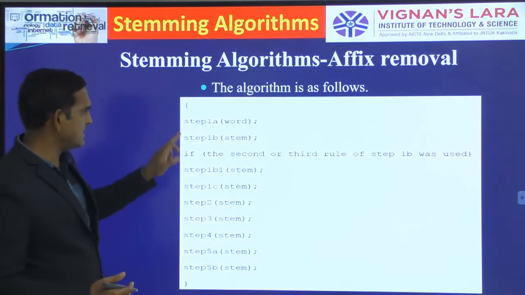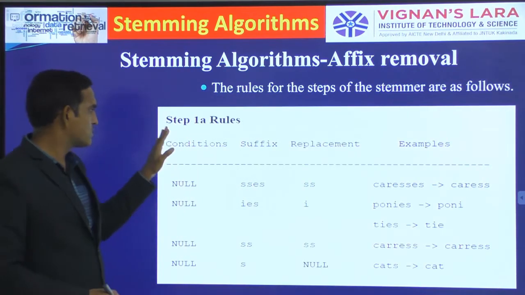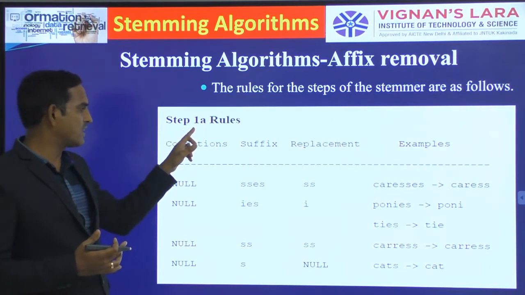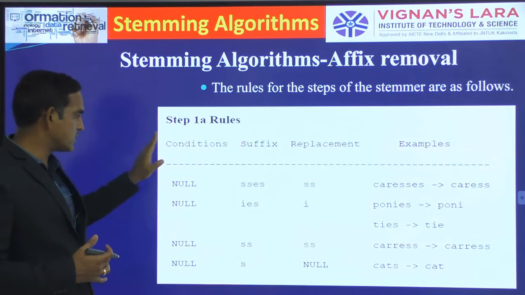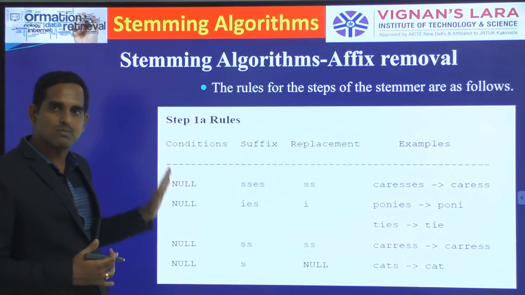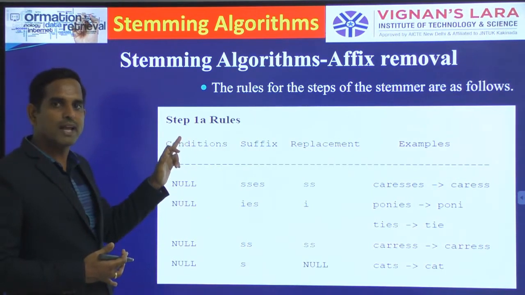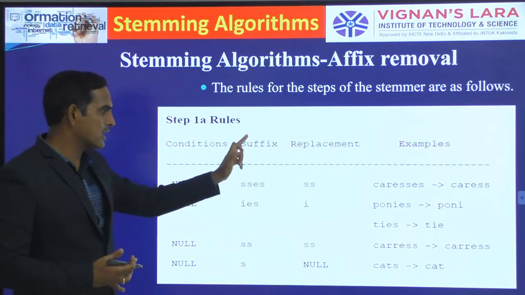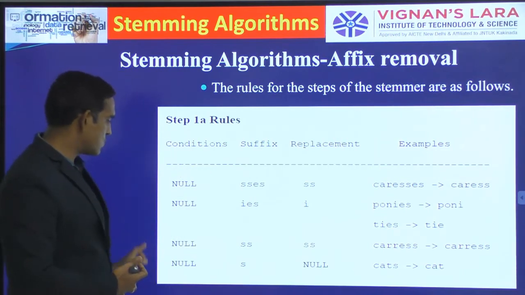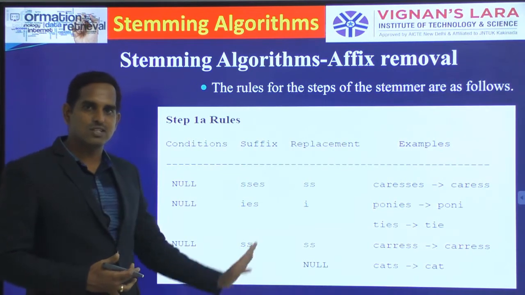At each step we have a set of rules, for example the step 1A rules. You will have a table in this manner for each and every step. So for the 1A rules, initially we don't have conditions on the type of words or stems. You have already seen that Porter's algorithm has conditions on stems, conditions on suffixes and conditions on rules. There are no conditions on the stem at the initial stage, so we have only conditions on the suffixes.